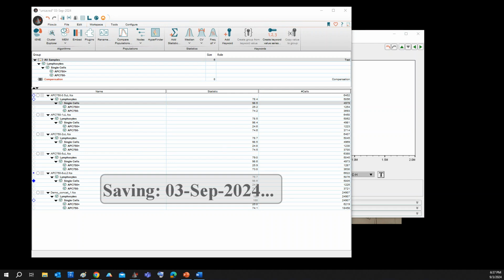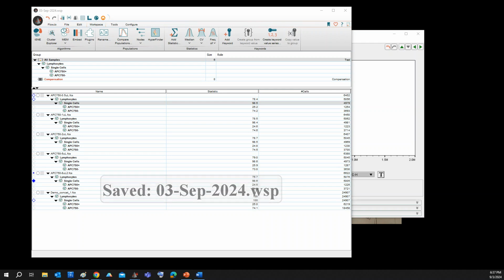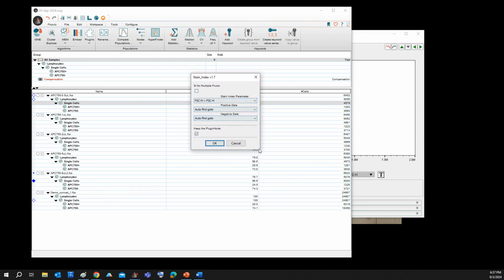Let's say I saved it somewhere in my computer. And when I save it, this window will pop up. I can do multiple stain indexes at the same time, but since I only have one, I will not select this checkbox. Rather, I'll go to the next option, stain index parameter, and I'll click here and I'll choose